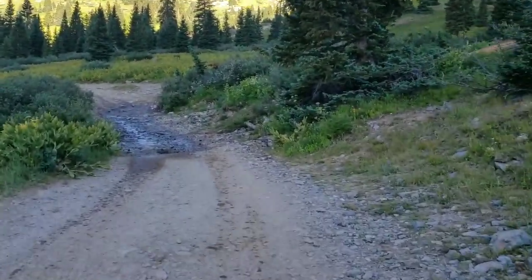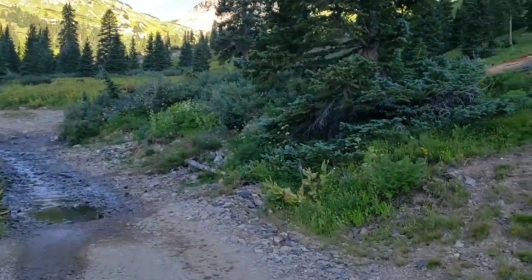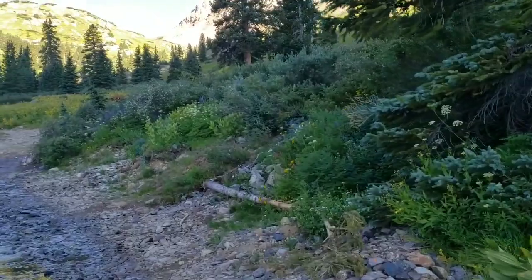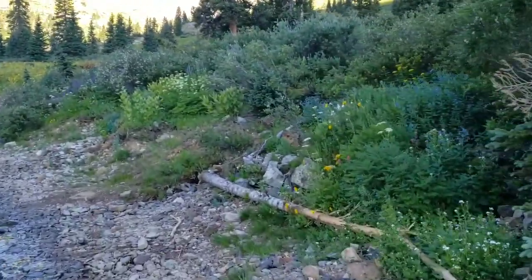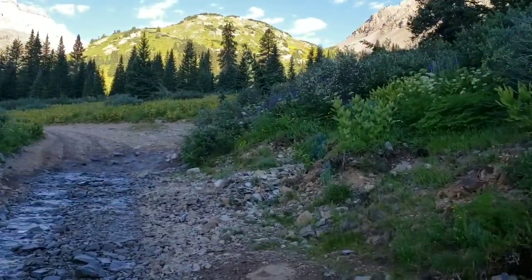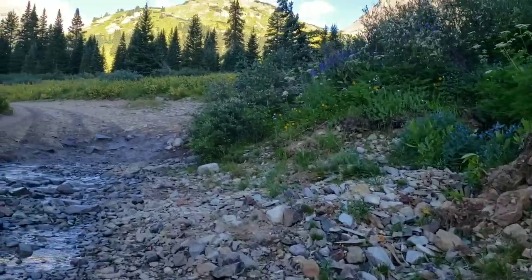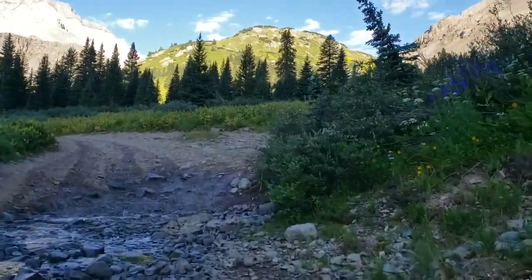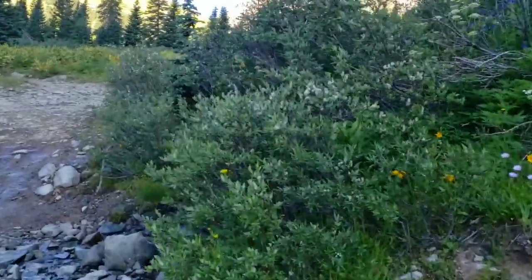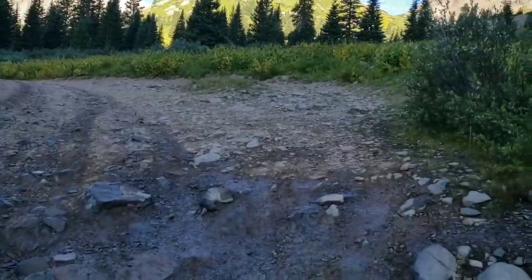But the weather is just fantastic. It's just after 8 a.m. right now, and it's already in the mid 50s, going up to close to 60 degrees up on the summit today, and 0% chance of thunderstorms today, which means that I have all day to take my time and enjoy this spectacular